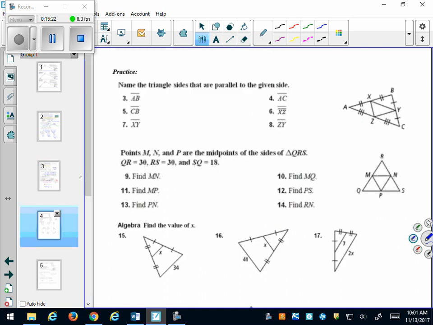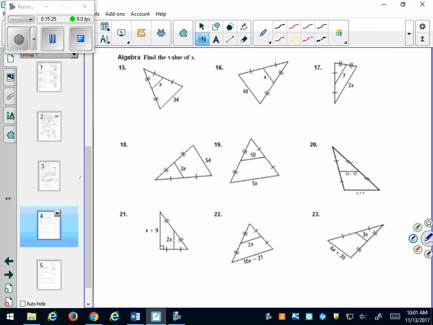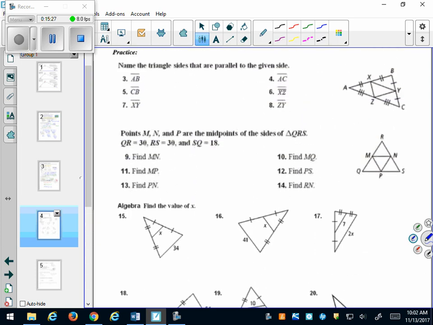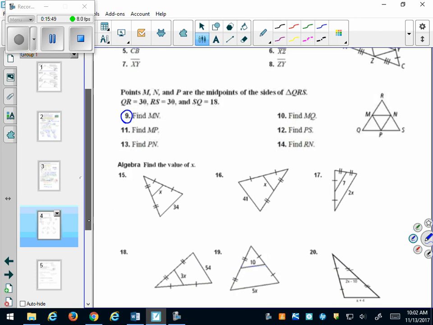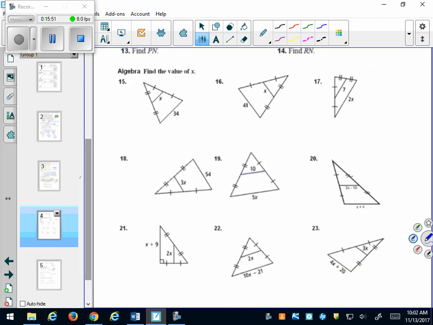The rest of this packet is practice. We're going to be doing a lot of this practice in class. I would like you to try to do just a couple of problems for me before class tomorrow. So do 3 and 9, and I'm going to have you do 23,